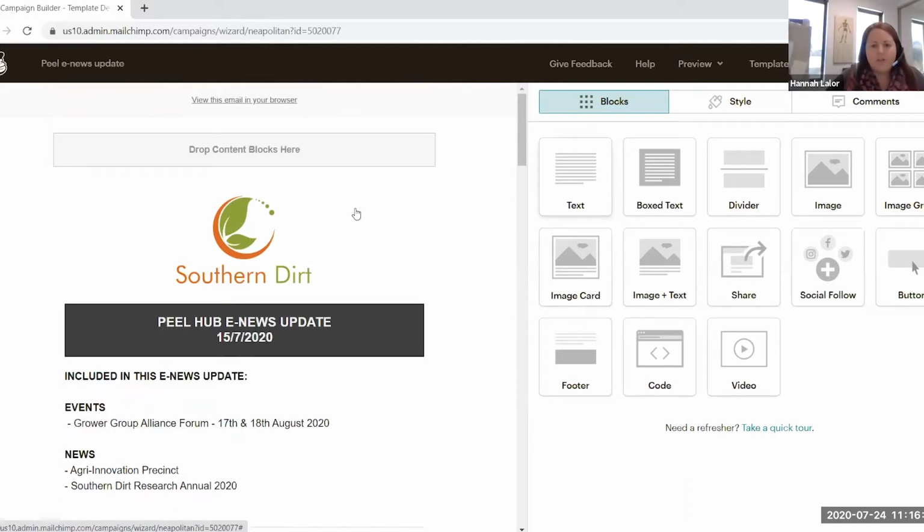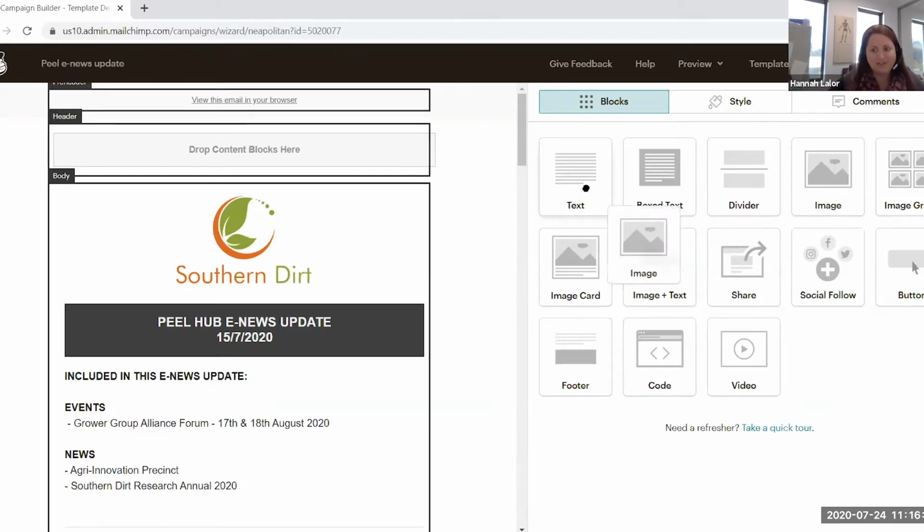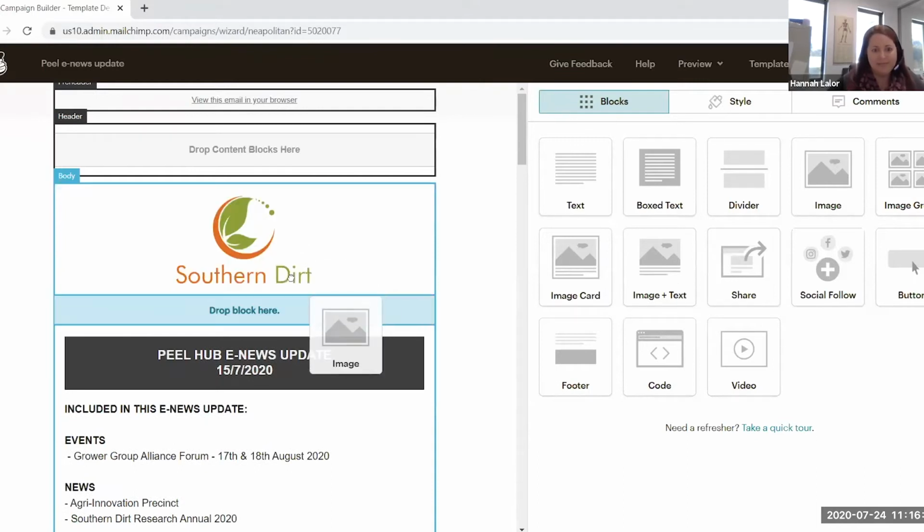First of all, I'll show you the images. There are 3 different types of images you can use: a plain image, an image group, and an image card, which is one image with some text, and image and text. So the text is below. I generally just use the simple image